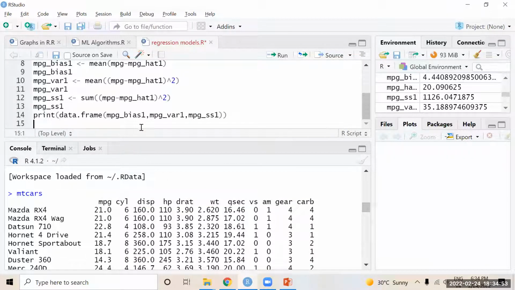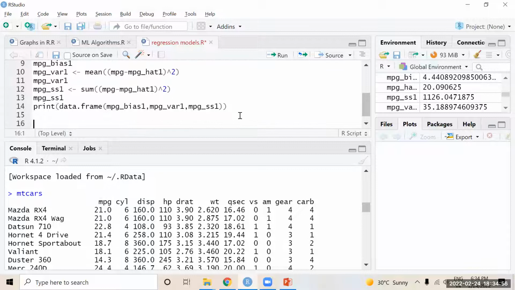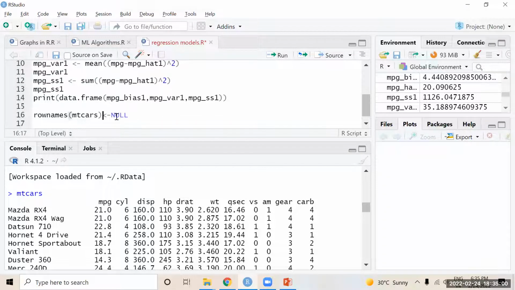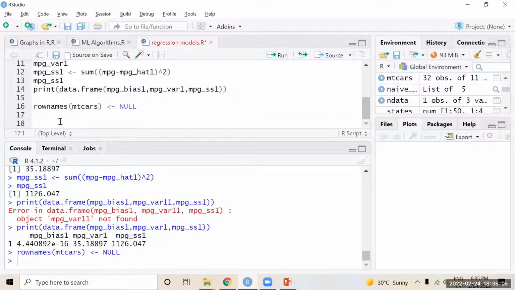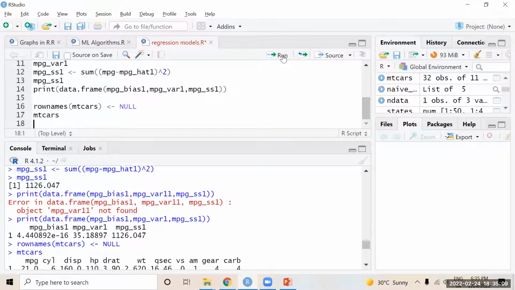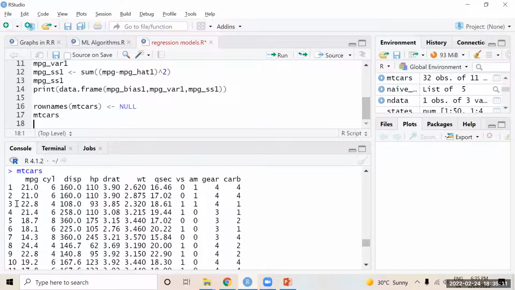The columns which are not useful in analysis, you have to make null and store into a different object. Okay, now if you type mtcars, row names will have disappeared. Did you see here? Row names are disappeared. To remove that, we are making null for row names. Now, one by one, I'm extracting the data before making the analysis.